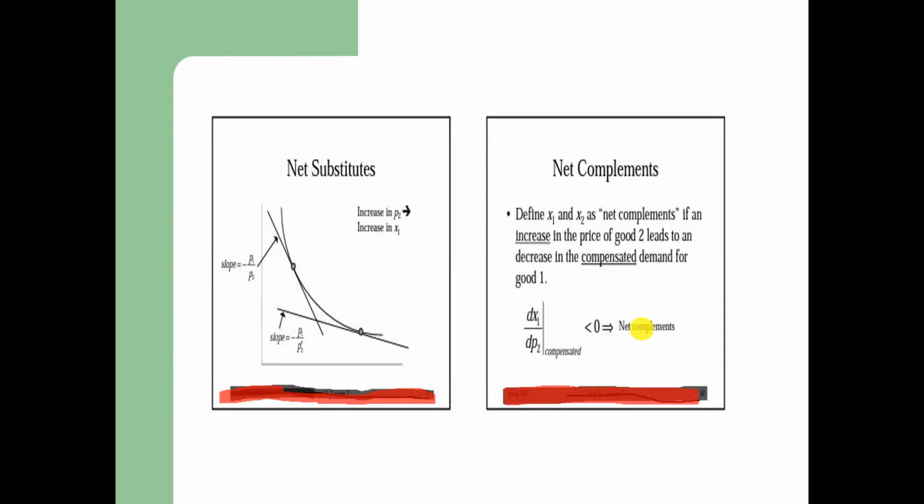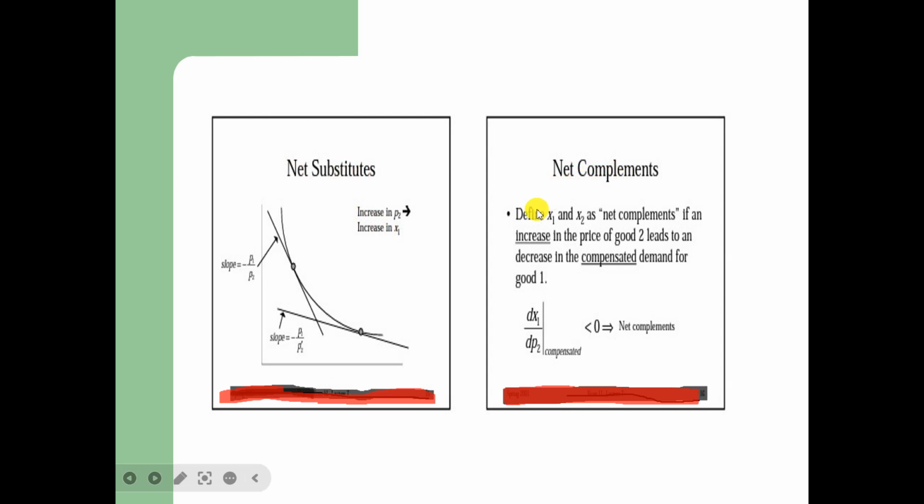Here we can briefly explain net substitutes and net complements. In this panel, if we look at the 2 budget lines, the slope of this one is less than the slope of this one. So in this case, if an increase in the price of good 2 leads to an increase in the quantity of X1, then good 1 and good 2, that is Xi and Xj, are termed as net substitutes,